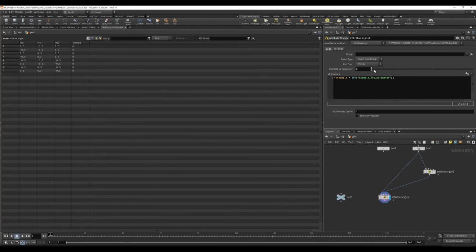So we now know how to access a variety of default attributes, globals, and indexing variables. We know how to access some of the functionality that these attributes afford us by using some of the functions such as point and setpointattrib that tell us exactly which point we're going to be looking at and how. And we've also learned how to add parameters to our scripts to give us a little bit more functionality as to